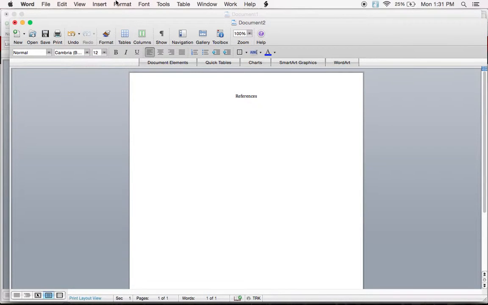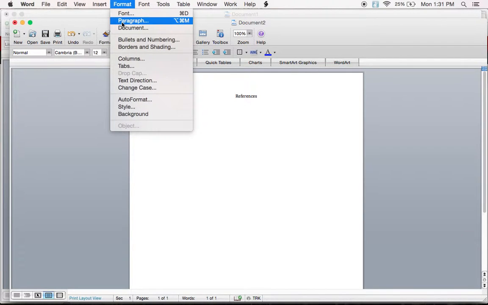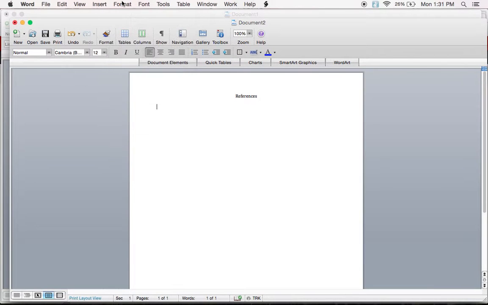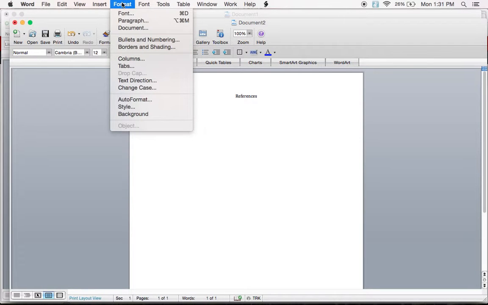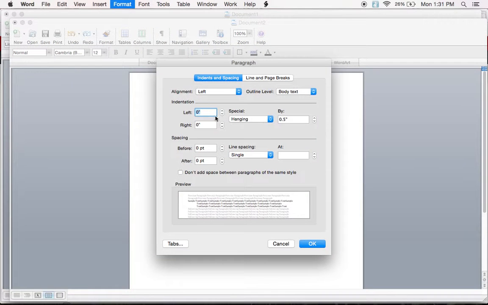Then for the rest of the paper, it's going to be what's called a hanging indent. So you have to format your paragraph, and there's a lot of different ways to do that depending on what version of Word you're using. You might just be able to right-click on your mouse and go to paragraph and then format it. For me on this version, which is a little older, I have to go to Format Paragraph. But regardless, you should have some sort of box that opens up, and you're going to be looking for special spacing. And I had already selected hanging. It'll usually pop up with nothing, but I selected hanging.